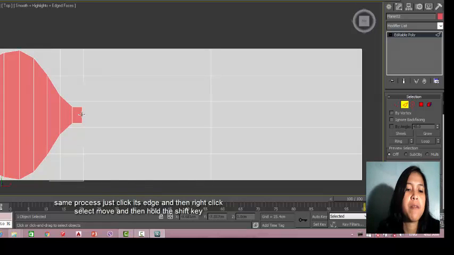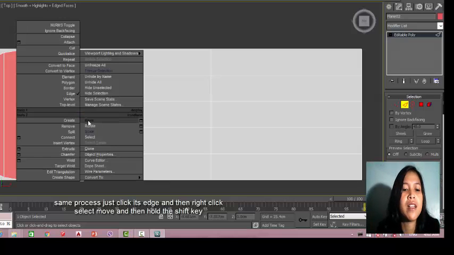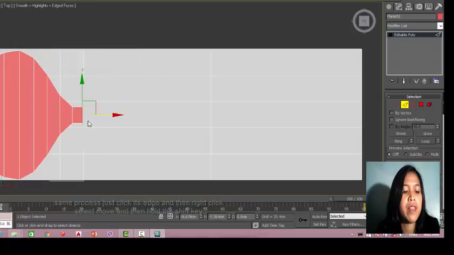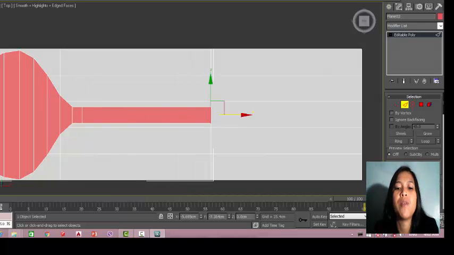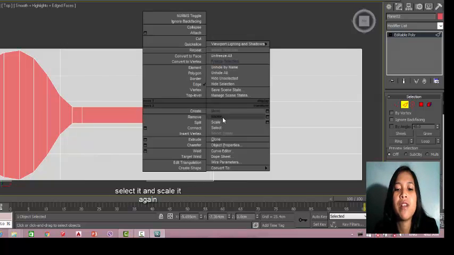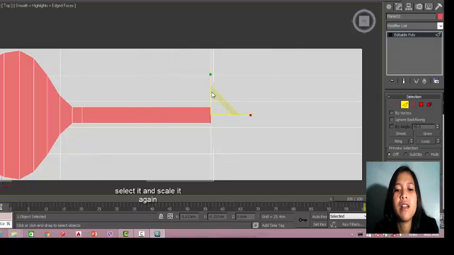Just the same process. Click this edge, then right click, select move, and hold the shift key. Then drag it here. I think it's enough here. I'm going to make it wider, so I scale it again like this.